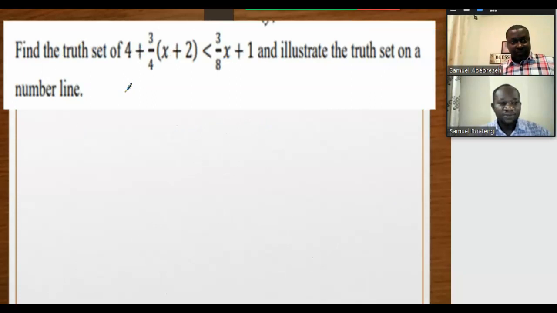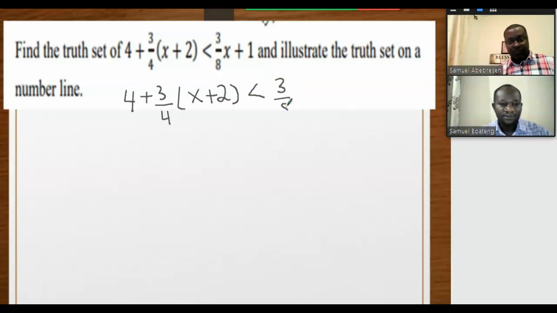Our next question is to find the truth set of 4 plus 3 on 4 into bracket x plus 2 less than 3 on 8 x